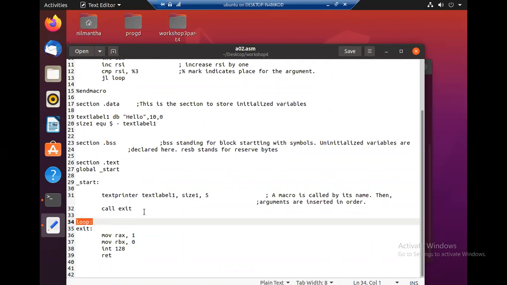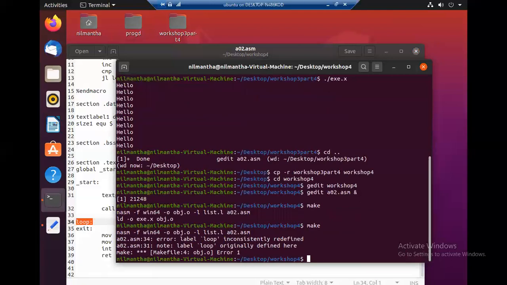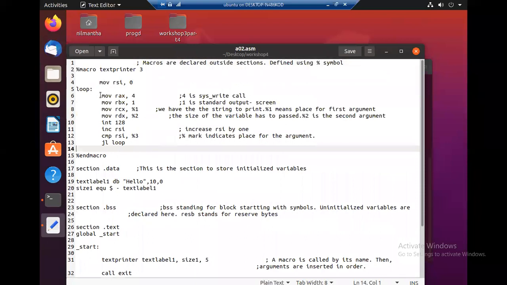For that, there is an ambiguity, so it should give some errors. If we call make, yes, definitely you get label loop inconsistently redefined. So there is a redefinition of loop here, because inside the macro also there is a loop.